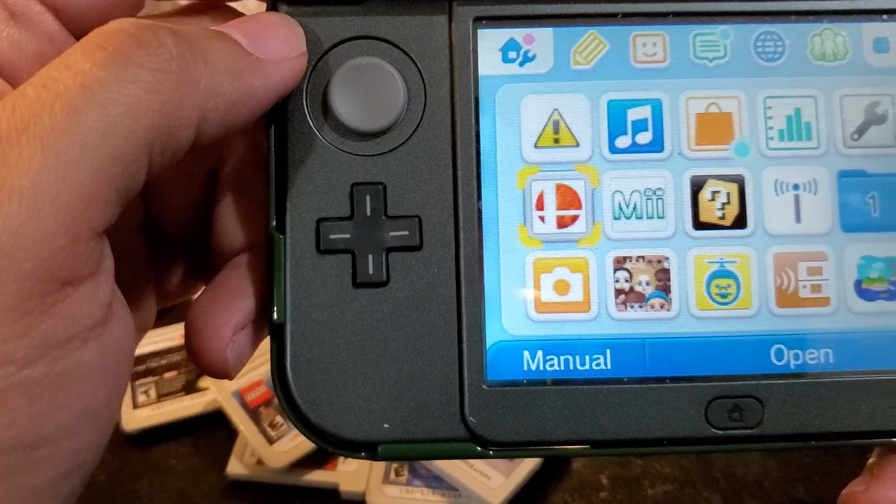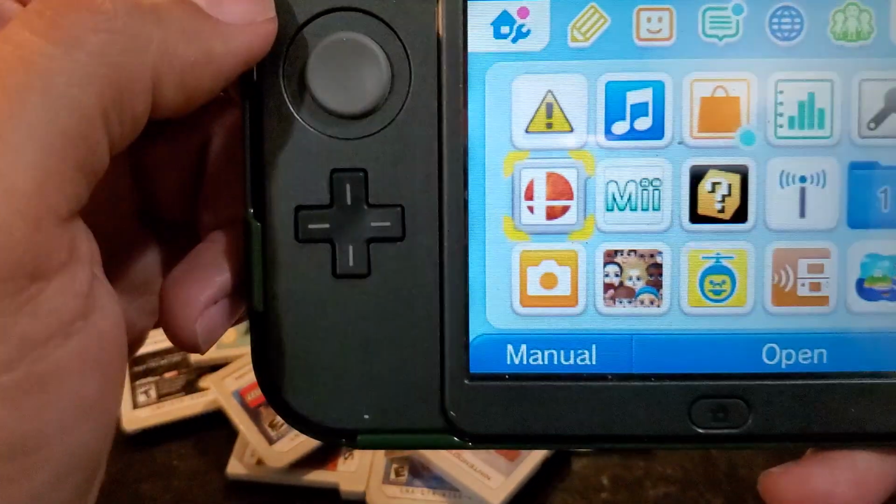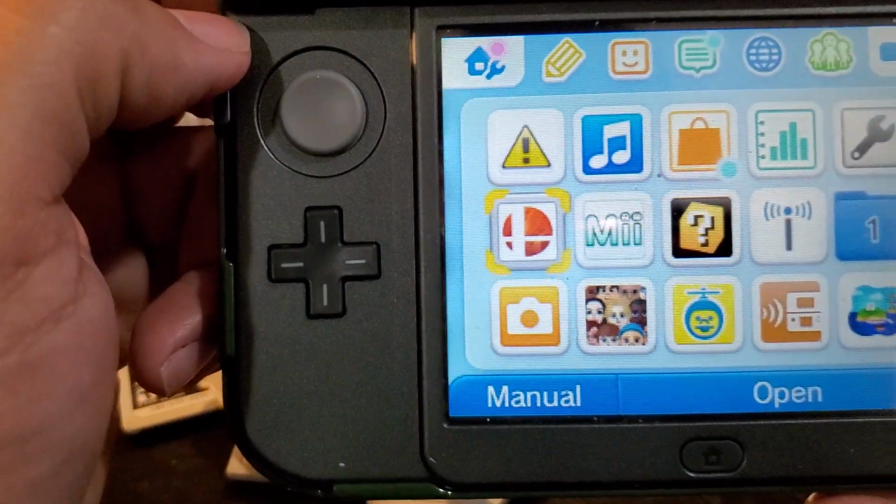I can go ahead and clean it again, make sure those contacts come out real nice and clean. But this fixes the cartridges, guys, when it's not working. So, oh,